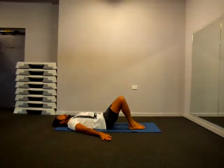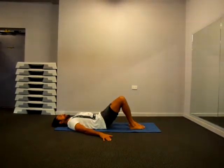Okay, so inhale, spine on the neutral, pelvis parallel to the floor. And exhale, you're curling again, slowly pressing onto your heels. Press again, and this time focus pressing onto your hip bones towards your lower